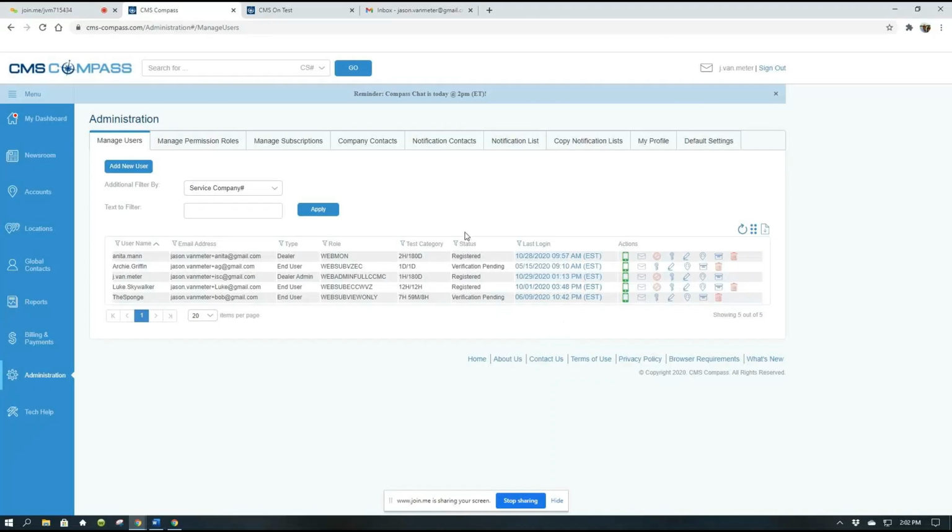Now, the first couple things I want to cover today have to do with managing users. So the Compass users, My Alarms users, that type of thing. And the very first thing I want to talk about is we changed the emails that are coming to new users. So if you got set up in the past for CMS Compass, or you know anyone that got set